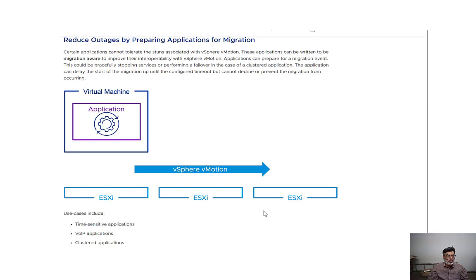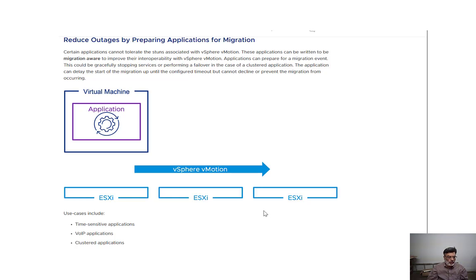Now also they reduce the outage by preparing the application for migration. Basically when we migrate an application, for example our server has crashed, we will move our virtual machine with the help of vMotion to another server, and when we move to the new server, we need to restart the machine, which creates an outage. Basically outage means a delay in starting our virtual machine.